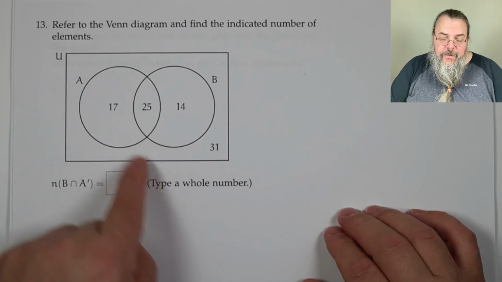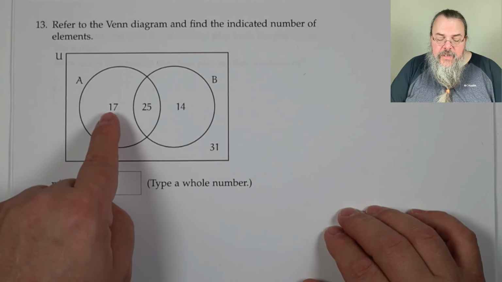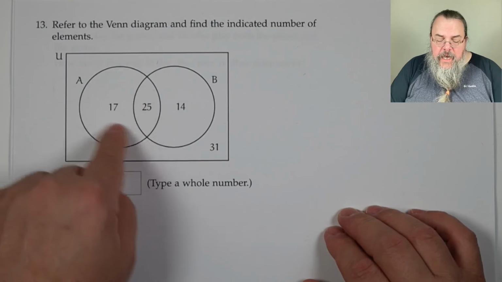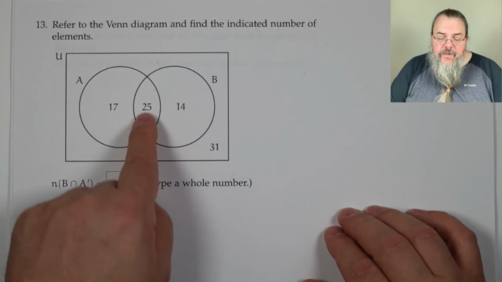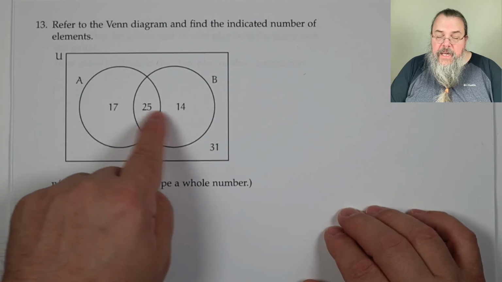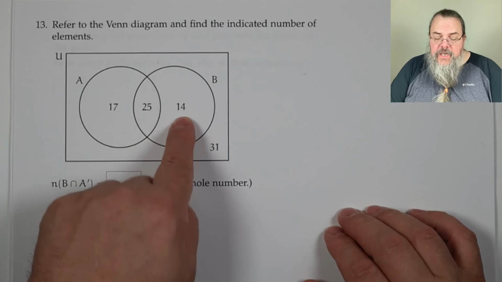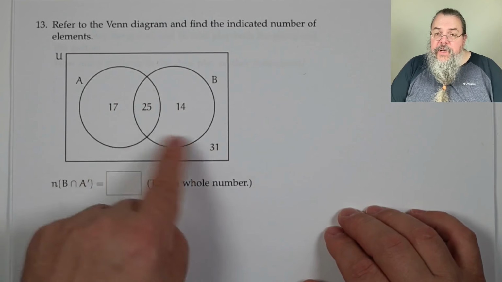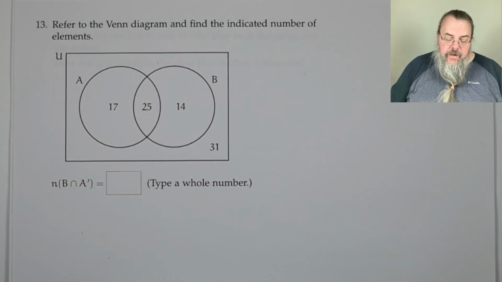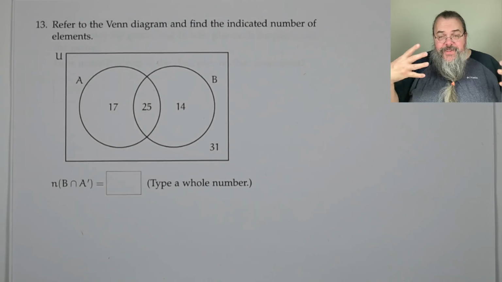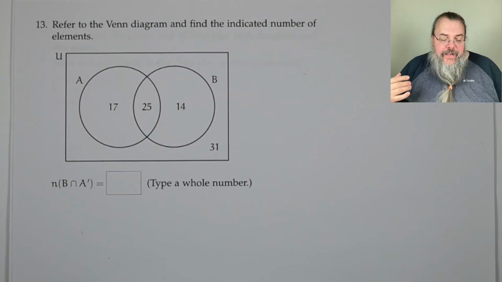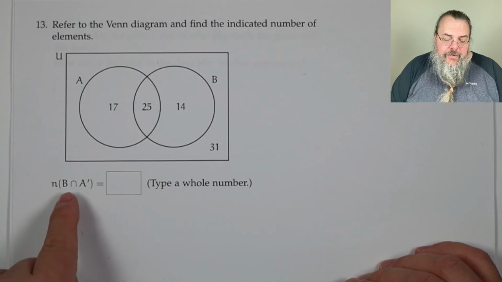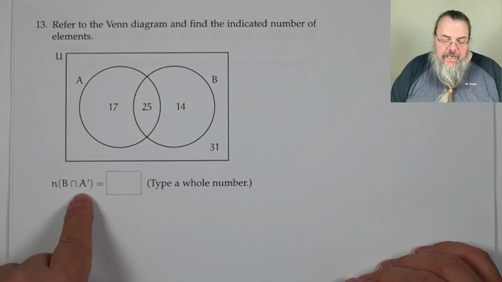What do we do? Well, what we do is say, look, there are 17 elements that are just inside here. So that's in A, but not B. 25 in both A and B. 14 in B, but not in A. And 31, neither A or B. Okay, so it tells us the size of the individual pieces. Now we're after the number n, and we say, well, we want B intersect A, and then